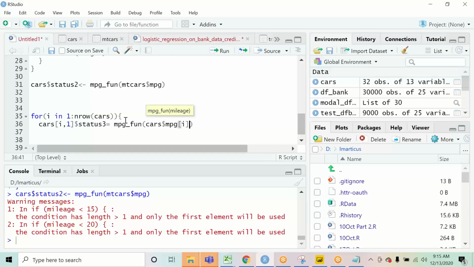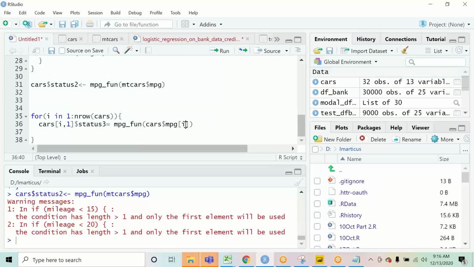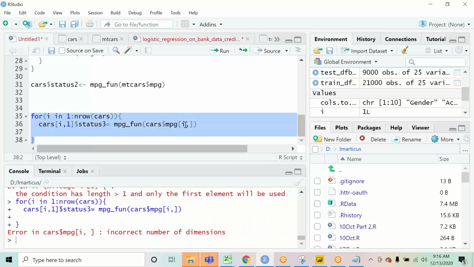Correct? So I'm just going one row at a time. So will this work? Oops.